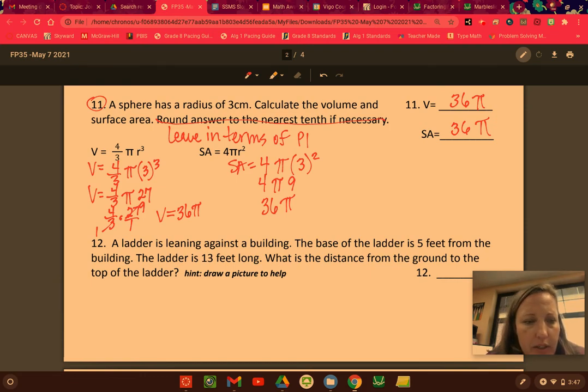Let's check my work. 4/3 pi times the radius cubed. Cube the radius, 27 times 4/3. 1 and 9 times 4 is 36. Yep. And you know what we'll do? And this is a good thing for me to show. Let's pull up the